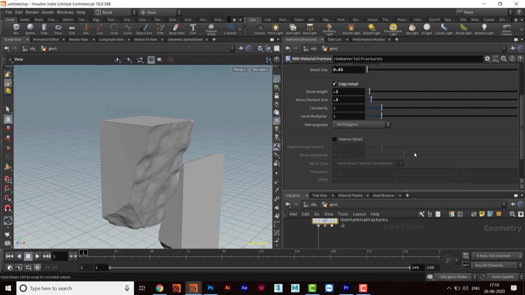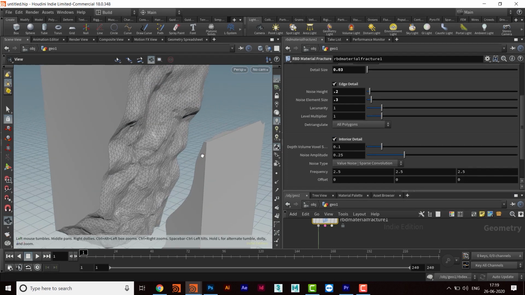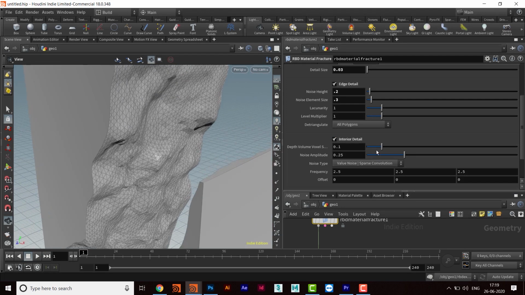So what I will do next, I will go and click here in the interior detail. Now we can see some interior detail here in the inner part of the chunks. Okay, so we can also change the depth from here.